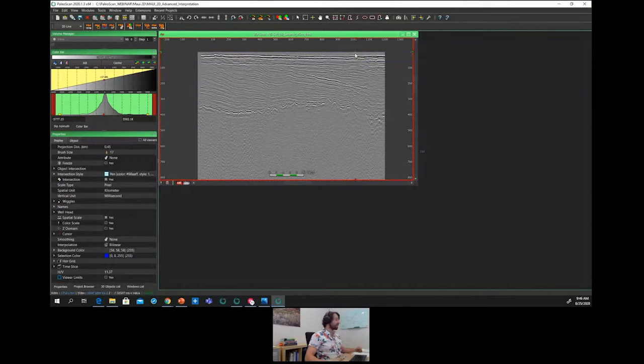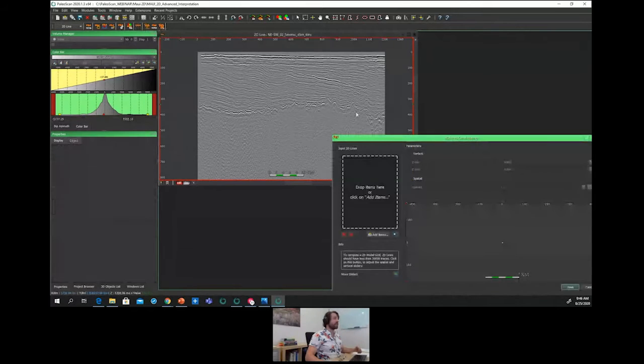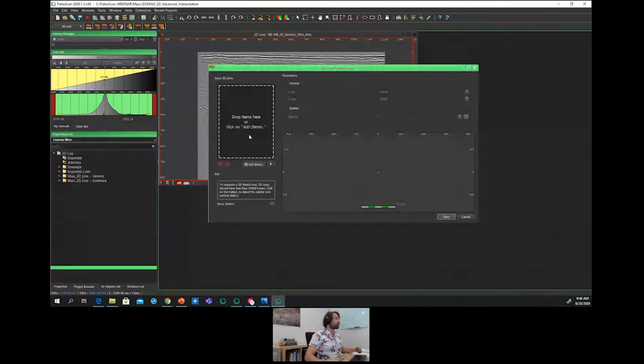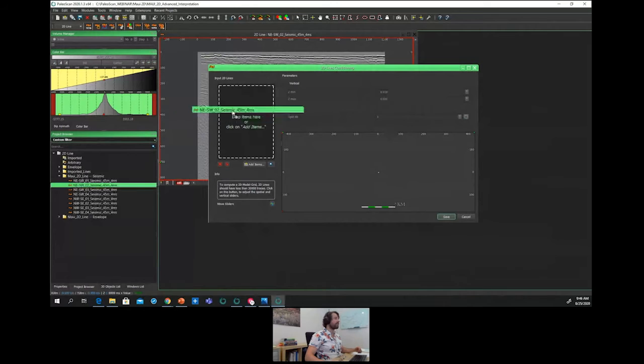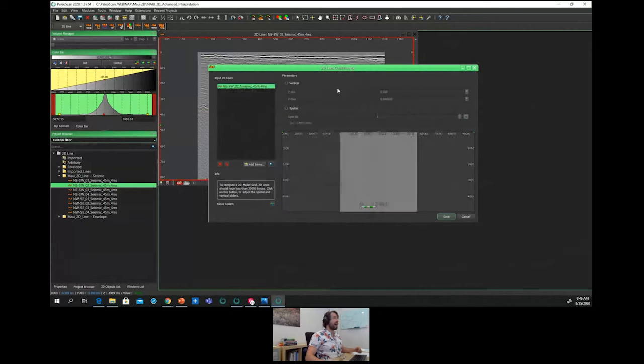In case it is too long, it remains possible to split it. We call that 2D lines conditioning, from the 2D line toolbar. And if we decide to drop the considered line, for instance this one, we can then decide to split it vertically by playing with a minimum V and a maximum V value, as well as spatially. Our interest will be mainly spatial.